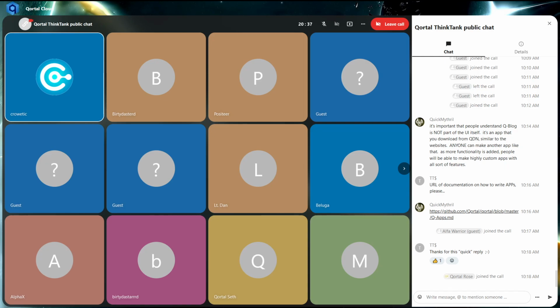Well, yeah, guys, this is the beginning, basically. What I consider the beginning of what Qortal is really capable of being demonstrated to the world, right? So this is absolutely huge. I am very, very excited. I have multiple people that have been waiting for this functionality to really start introducing Qortal to their community, and